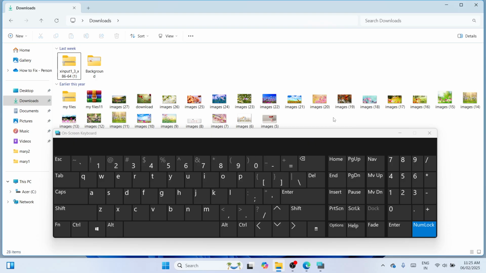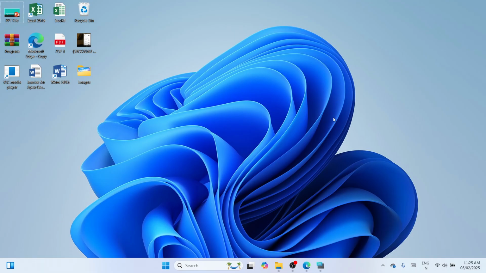in order to minimize this window, all you need to do is press the Windows key and M key together, and in that way you would be able to minimize it. And in order to restore or maximize that window, all you need to do is